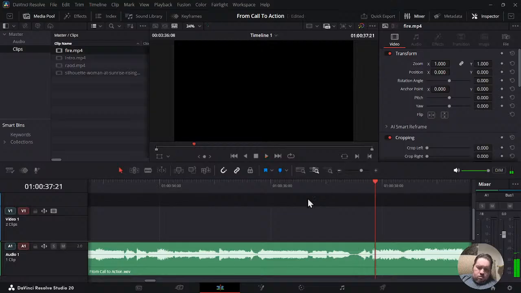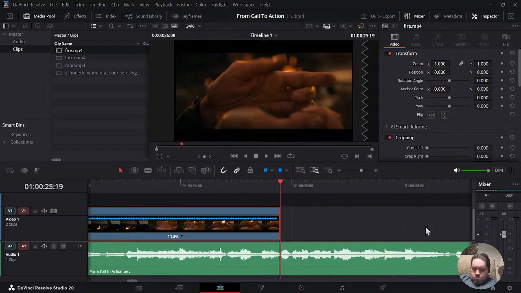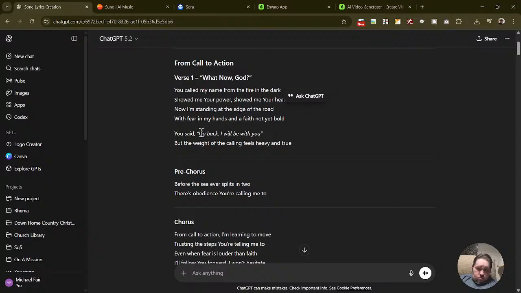From call. Yeah, I like that. I'd say that's the more of the pre-chorus, that whole section there. So let's take this and then bring it into